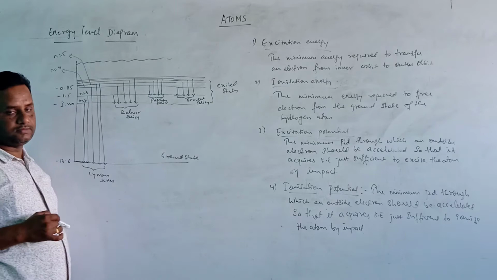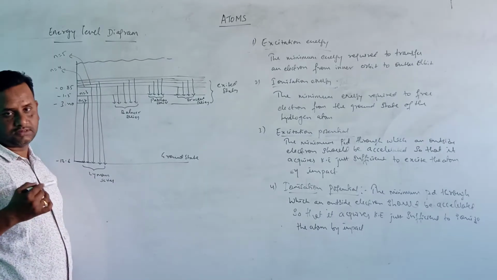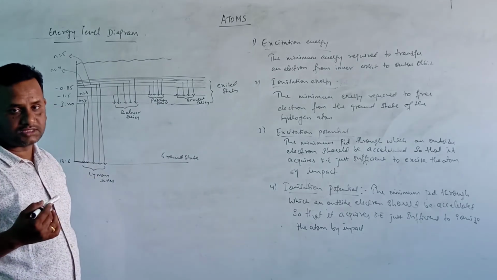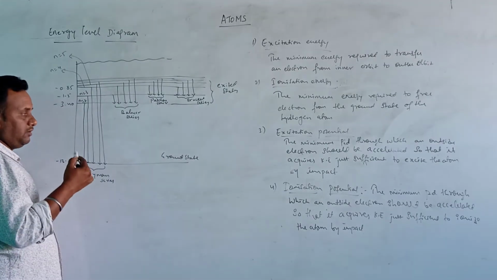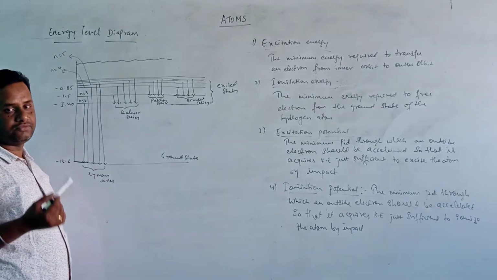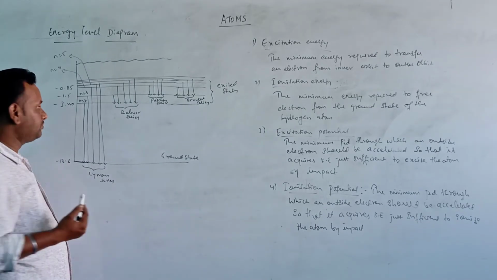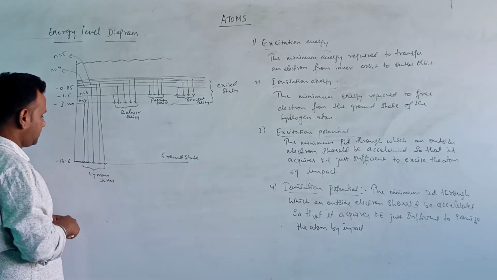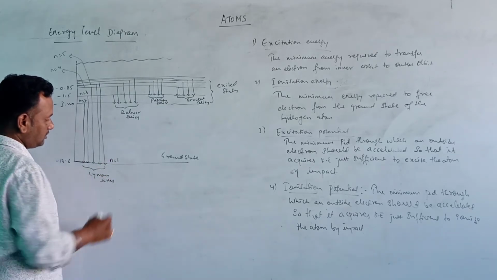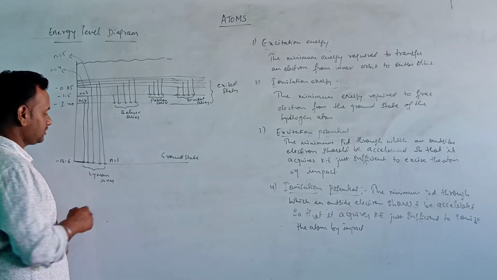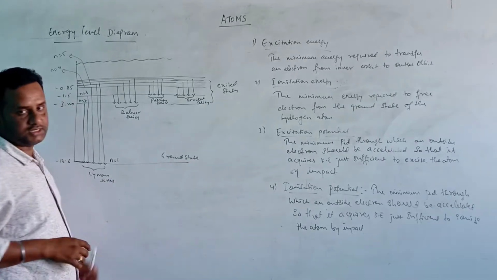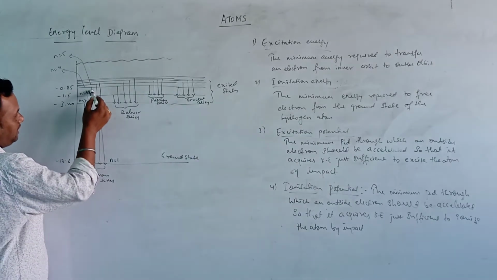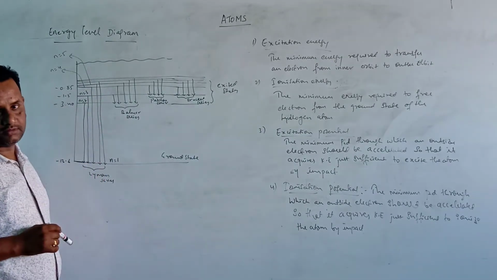As we know, the Lyman series consists of spectral lines produced because of the transition of the electron jumping from a higher orbit to a lower orbit. Here the first orbit, n equal to 1, is called the ground state. Here the transition is taken from the higher orbit to the first orbit. That is the ground state.